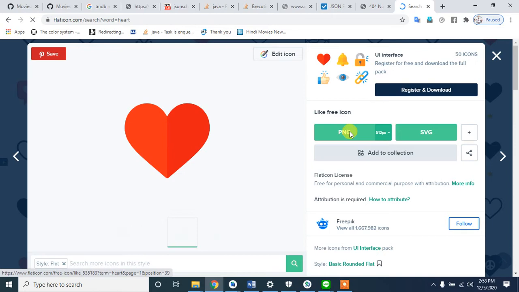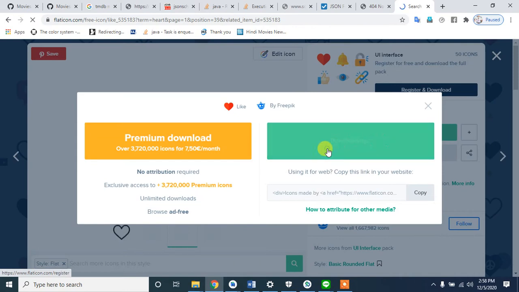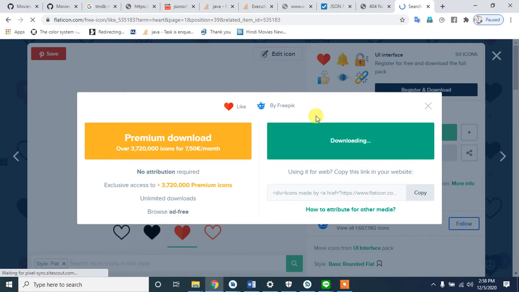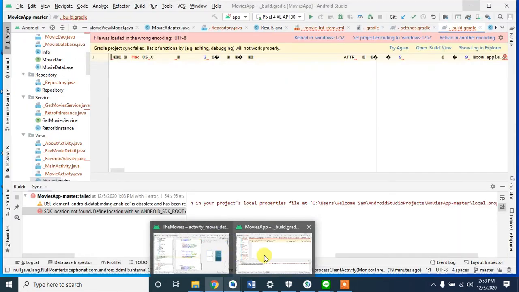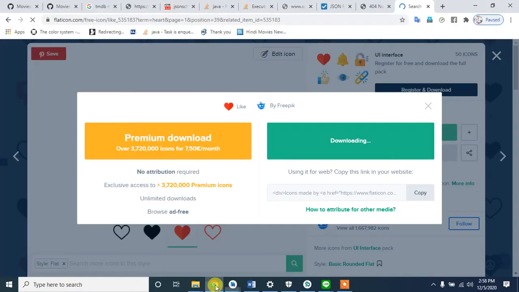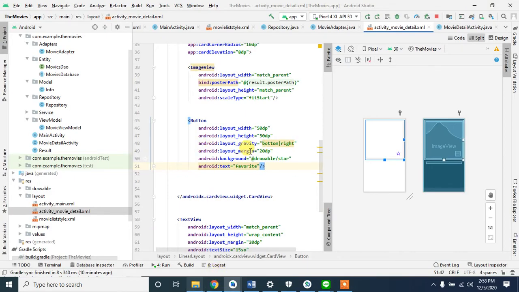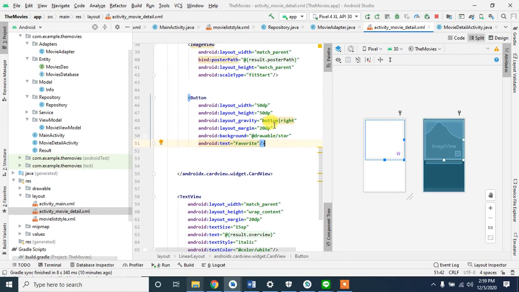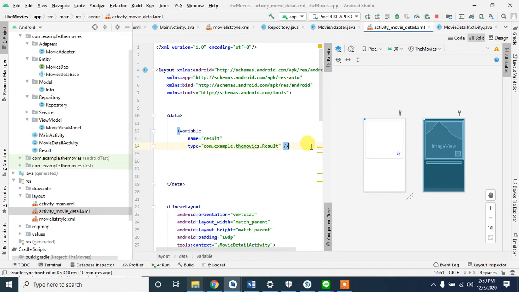Let's just download this. Meanwhile, that is being downloaded. Let's just settle with this icon for now, the favorite one, and yep, we will create another